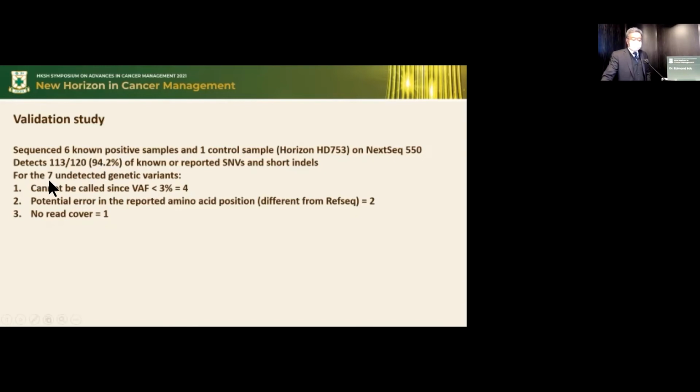Okay, and if we look back at the 7 variants that were missed, in fact, in 4, the variant is there, but it's actually below the cutoff. We have a 5% cutoff. Okay, so we need to tune the system a little bit or do further validation in order to pick up these rare variants. And number 2 is actually not our fault, because we found that in 2 cases, in the